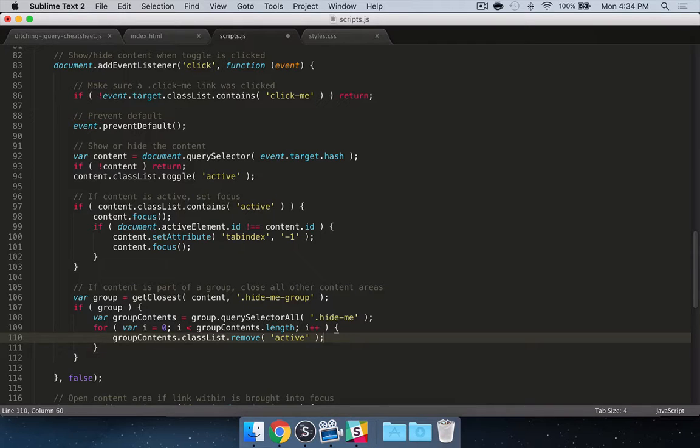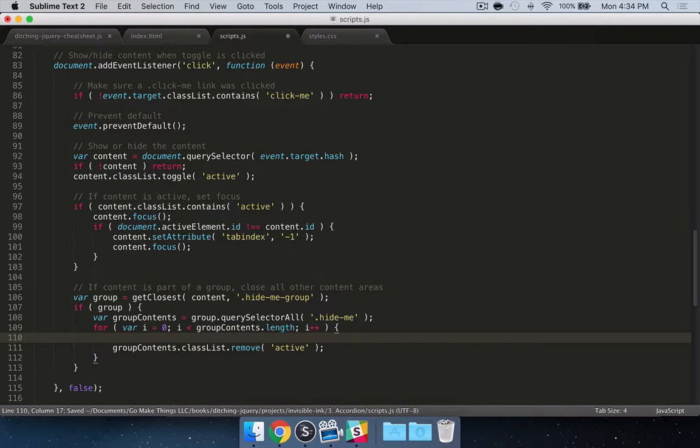So this will remove the active class from all of the areas in the content group, but we don't actually want to do that, because that'll also remove it from the area we just activated or deactivated. So we probably want to add another check here. Let's go. What are we going to do here? So if,